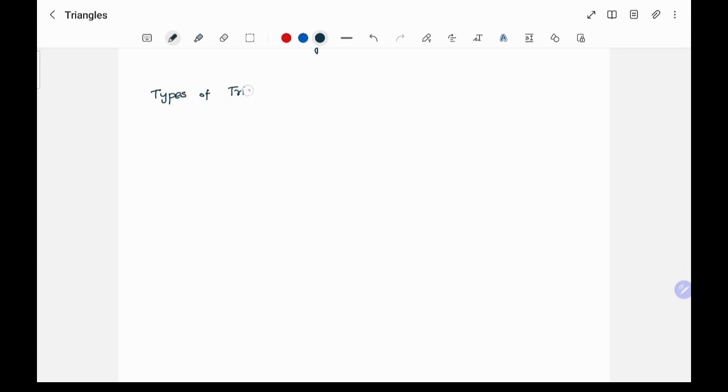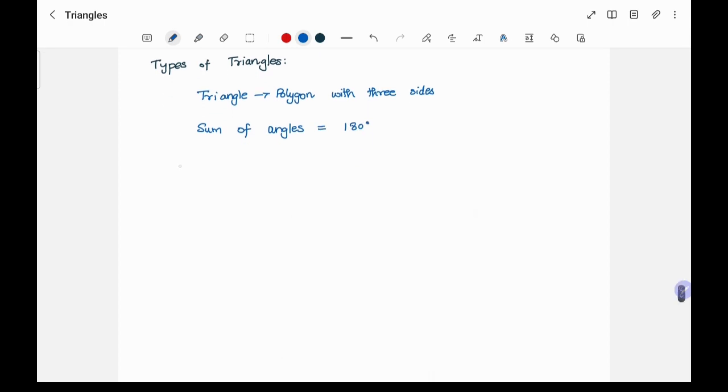So triangle is nothing but a polygon with three sides, right? And what is the sum of angles? It's 180 degrees. Okay. So the first type of triangle is called an acute